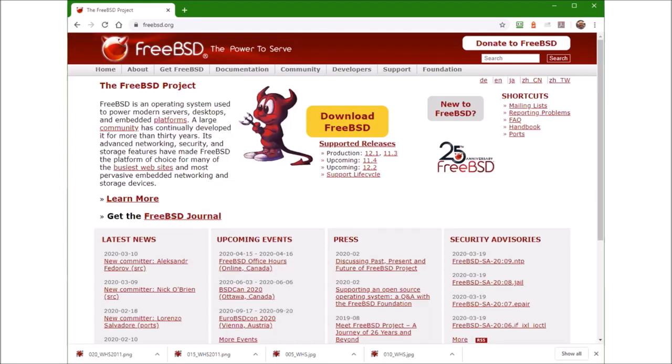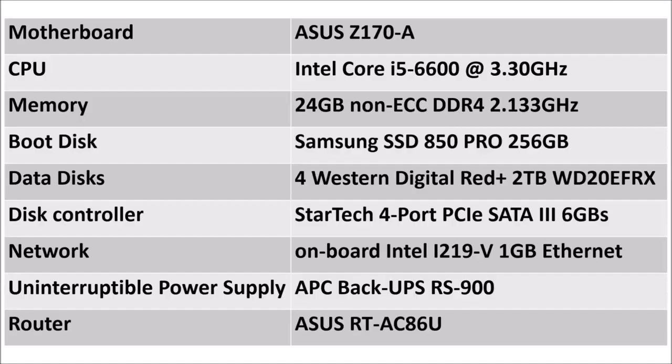You can probably try FreeBSD or FreeNAS with something that you have left over. I chose to put it on a system with an ASUS motherboard. I'm not saying this is the best system, and again, some of these are probably not available anymore because there's always a rapid turnover. So the ASUS motherboard